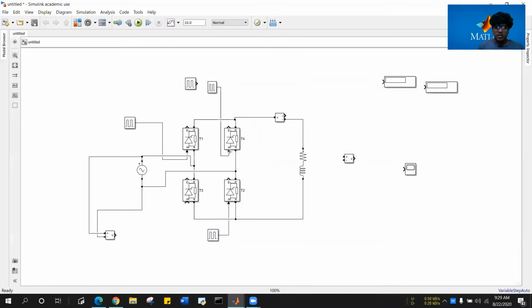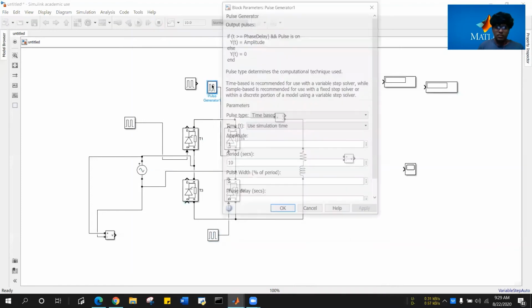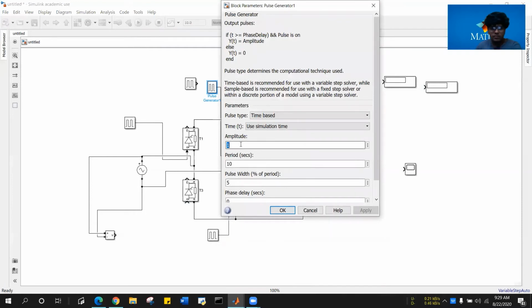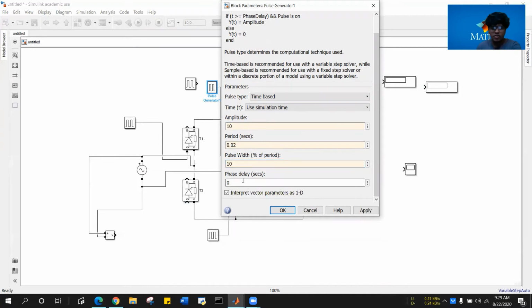So 3 and 4, what I'm going to do is just change the values. As I told you, for the first thyristor we have taken the triggering angle alpha to be 30 degrees. For the other two set, it should be pi plus alpha. Here I have taken 30 degrees, that's my alpha, so for the second one it should be pi plus alpha, 180 plus alpha. That will be 210, right? 180 plus 30.